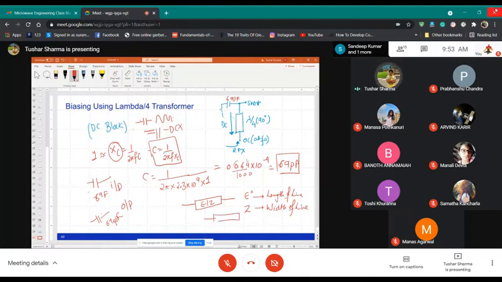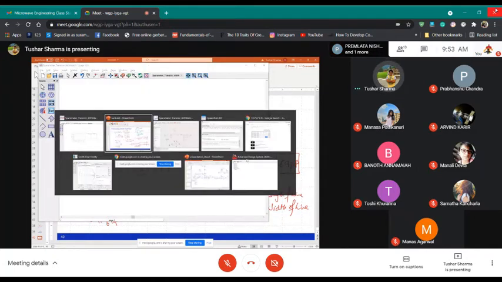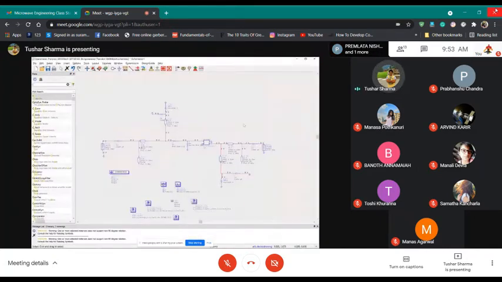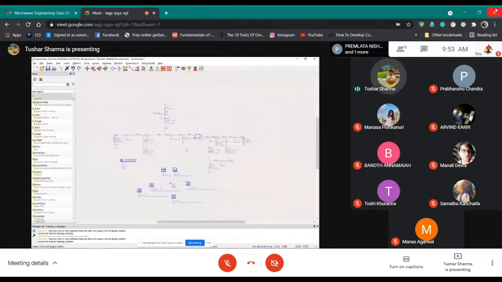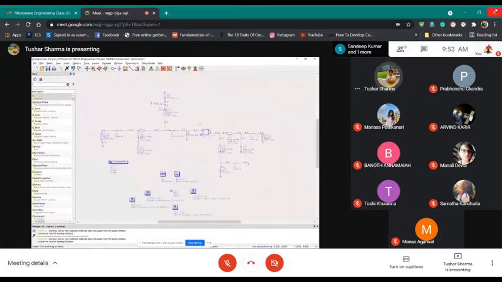So it means this W is determined by Z and this length is determined by E. Okay, so now I will give you one substrate specification, and what we have to do is convert this entire circuit into a more realistic value of transmission line using the substrate definition.